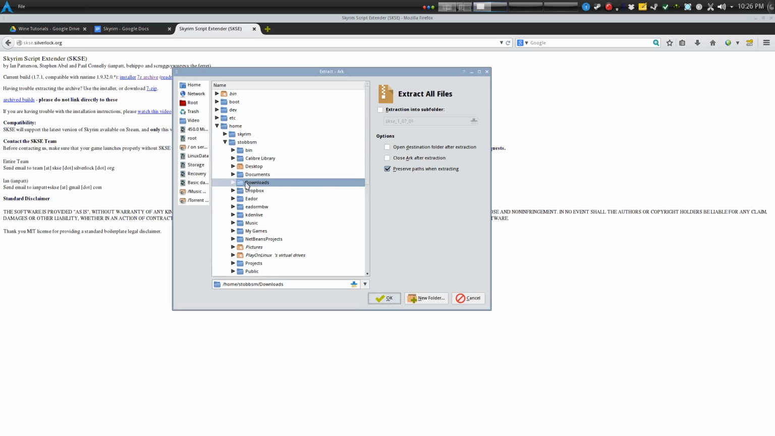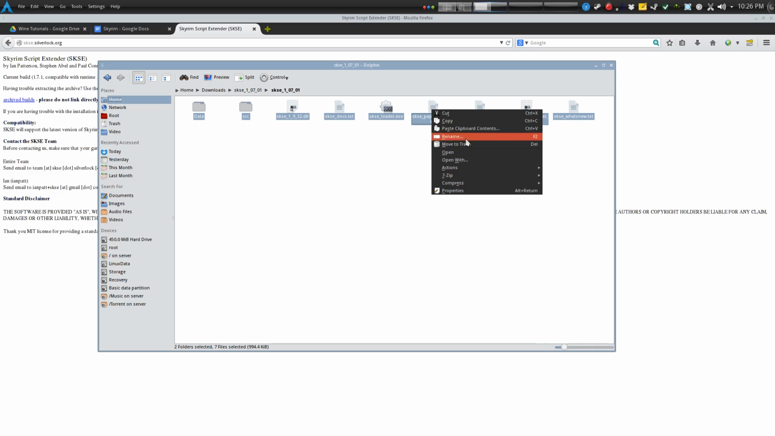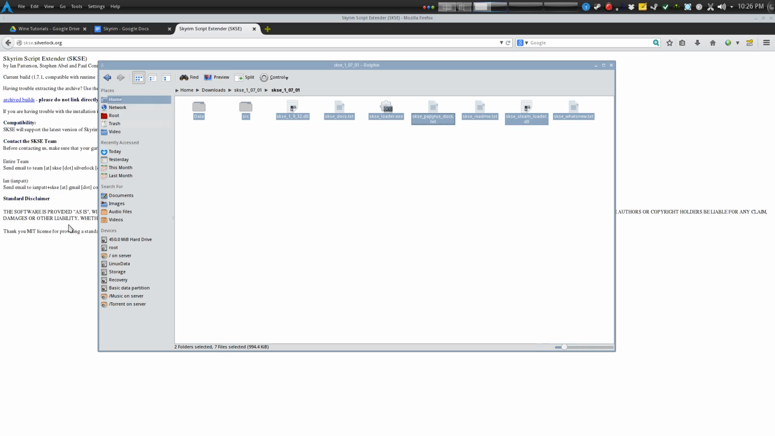Now you'll extract that pretty much anywhere. I'm going to extract it into a subfolder, and open the destination subfolder, close Ark after extracting, and preserve paths. Press OK, let it open up. So there we go. We want these files right here. You take those, we want to copy them,